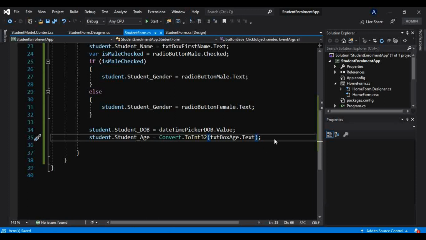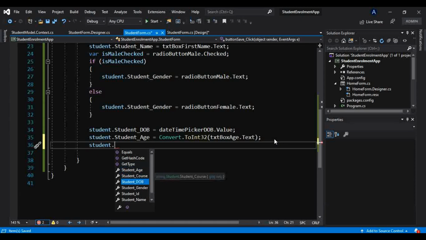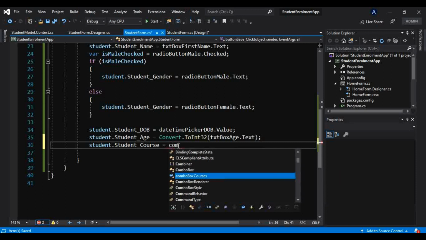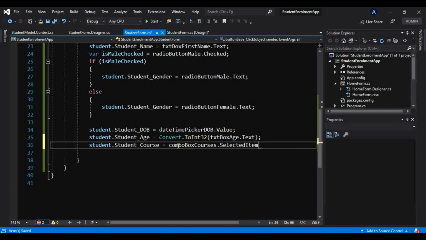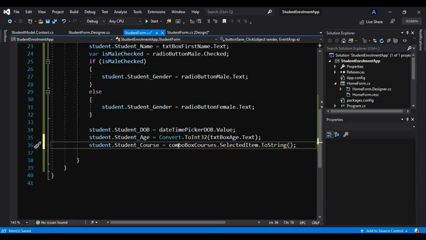Alright, and again there is student dot course here, and we know we have provided the combo box there, so combo box courses, and in that whatever the user has selected, there is this property SelectedItem, we will get that from there, and we want it as a string, because we know this is a string property.